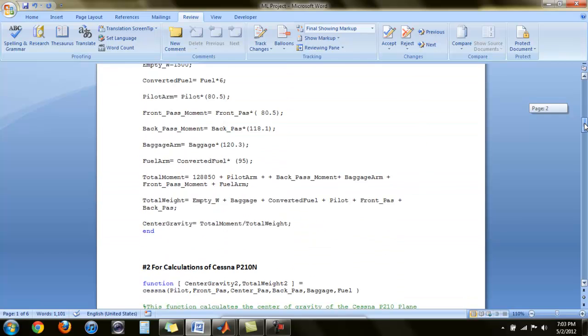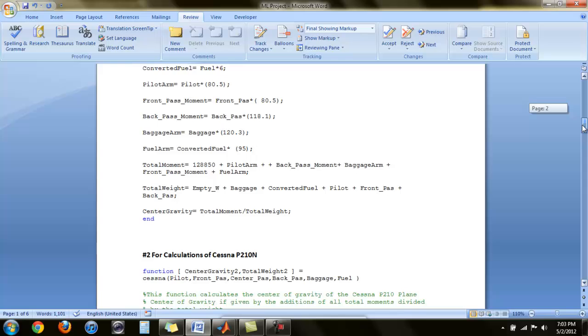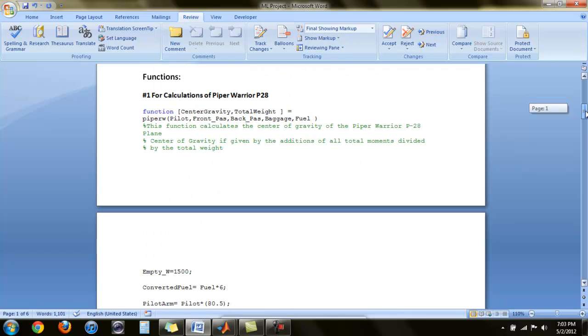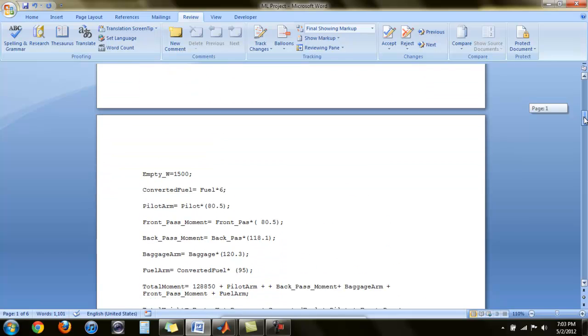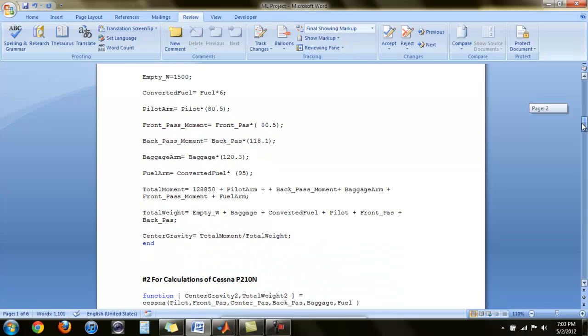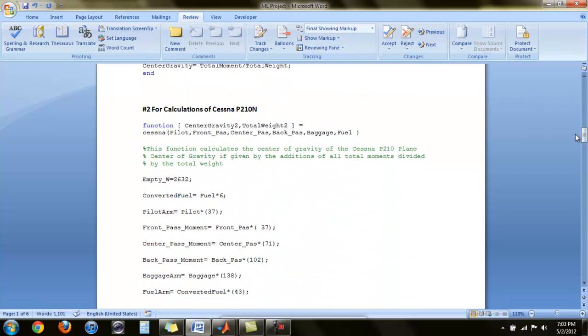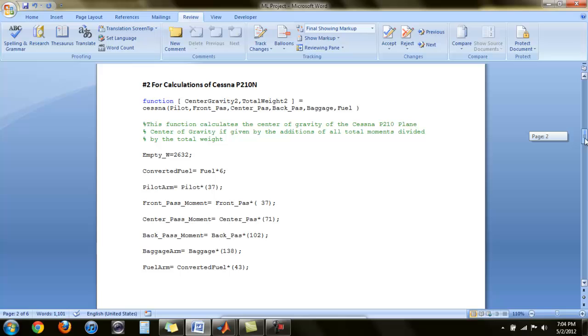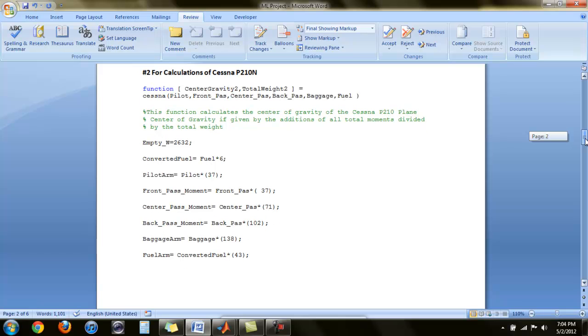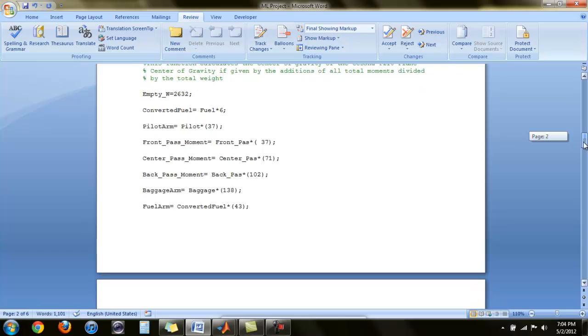And this just goes through the math. And these are all numbers that were taken out of my books, so they're very accurate for the aircraft that I fly. And this is for the Cessna P210, and this is just another function that calculates the center of gravity and the total weight for this aircraft. And all these numbers were taken from a manual that I have based on all the aircraft that I fly